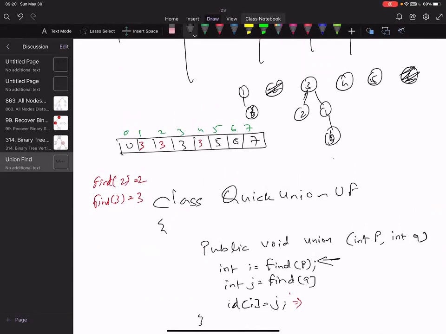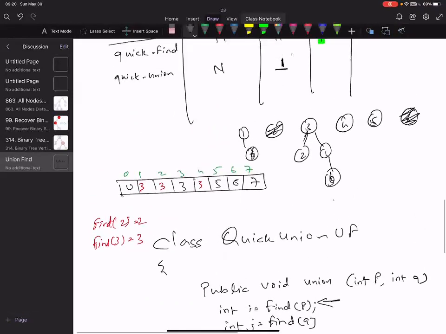If they had the same parent, like 1 and 2, it's okay, just that we have taken 1 and added it below 2. So anyway, we are making find cost. Yes. Answer me this question. Now with this, what if I want to connect 1 and 4? What will I do?